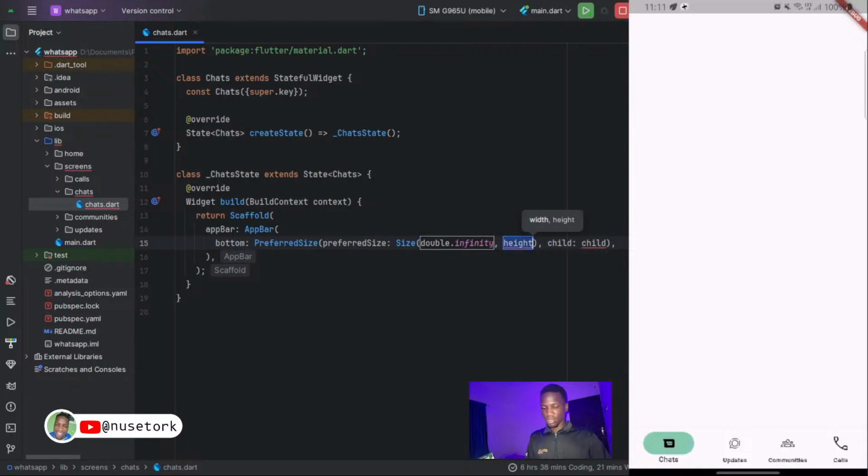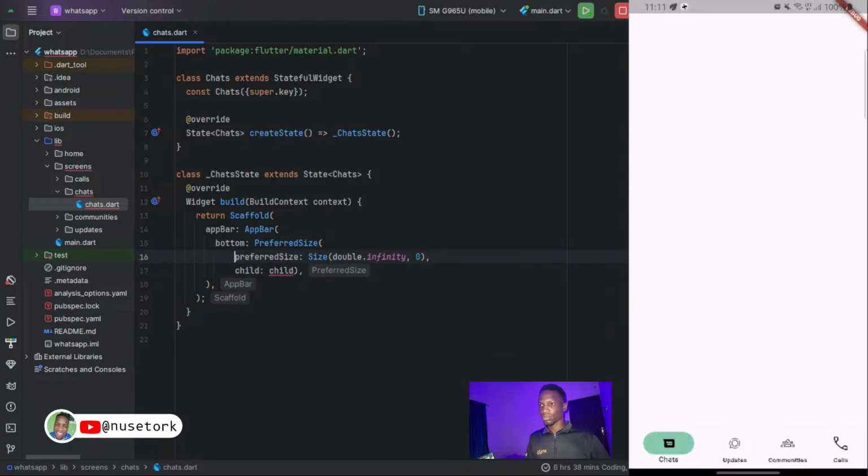And then the height for now should be 0. And then with the child,